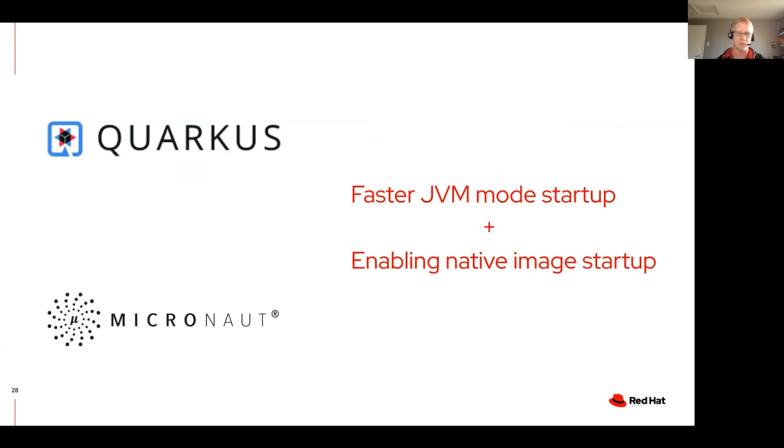They've generated the code they need to be able to just operate on that data. And it means that these frameworks are compatible with GraalVM's native image generation, which enables even faster startup and even smaller packages. So we're seeing changes in frameworks to start to take advantage of this ecosystem change as well.